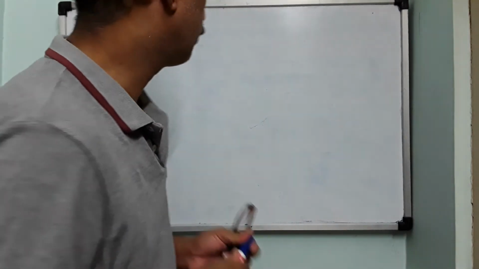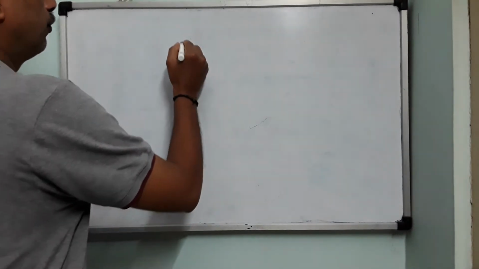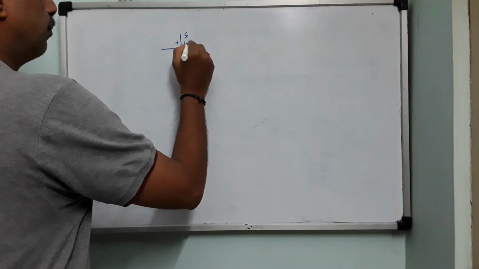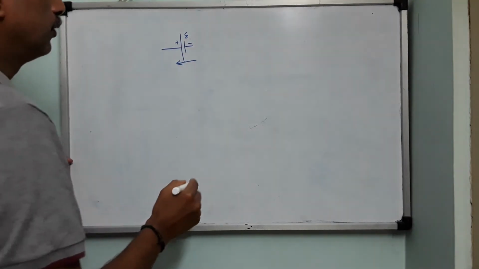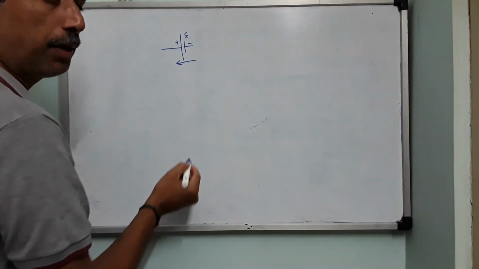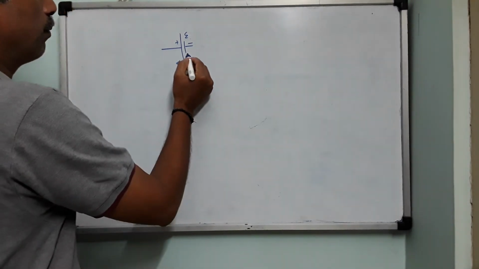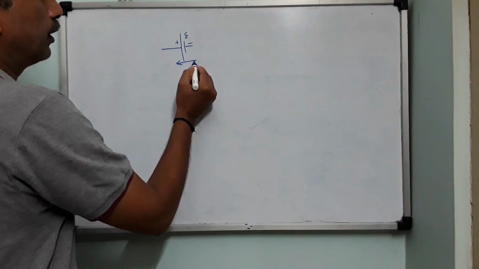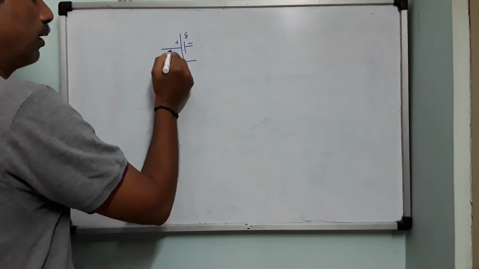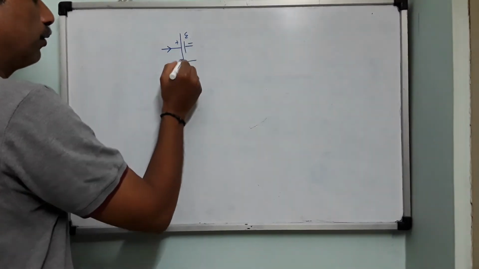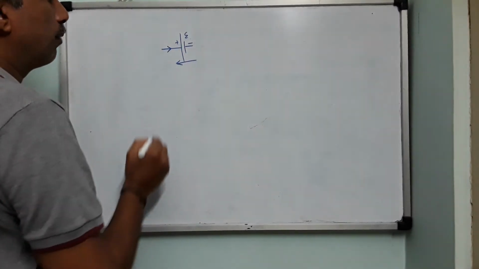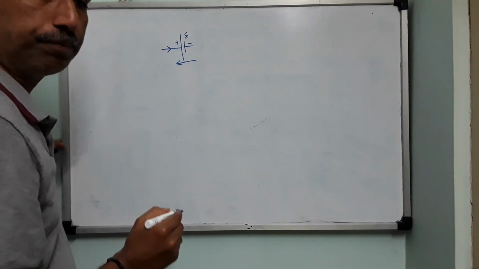Why it is to be negative: yesterday we showed the direction of EMF of a cell. This is a cell of EMF E, with plus and minus terminals. So this is the direction of EMF. The EMF in a cell is increasing from negative to positive. That means it is decreasing from positive to negative. I repeat, the EMF of a cell as shown in the diagram is increasing from negative to positive. You are going from low potential to high potential. But when you happen to see the positive terminal of the cell first, then you are moving from high to low potential. Therefore, the EMF of the cell is to be taken as negative.